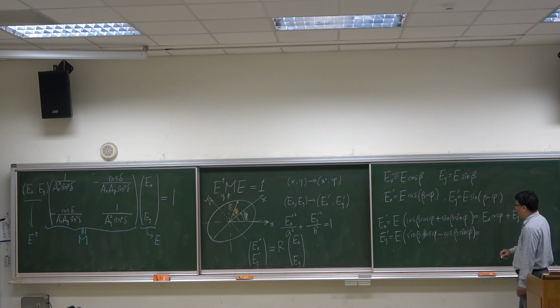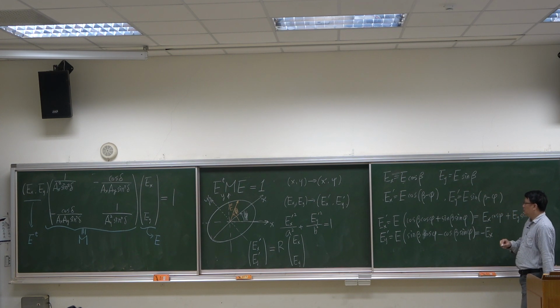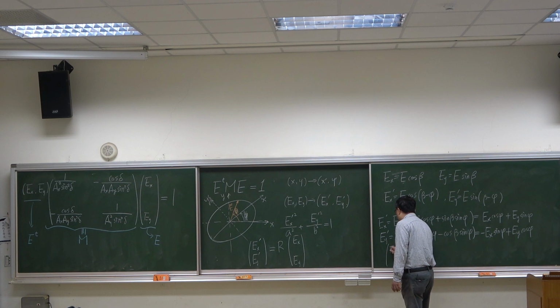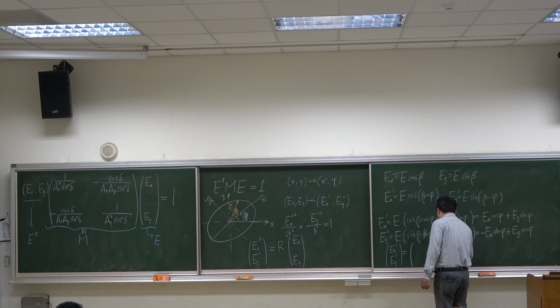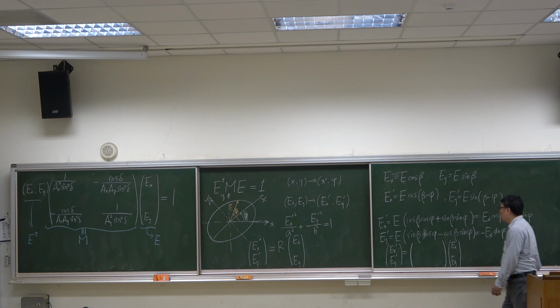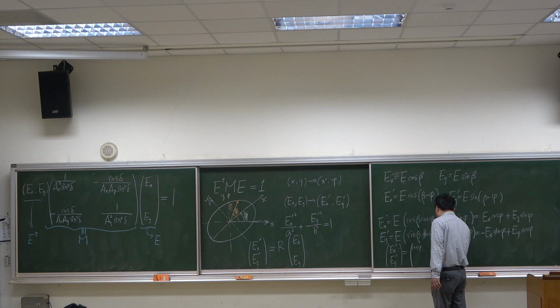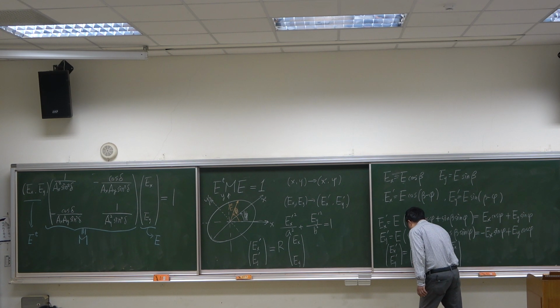which means that this times this minus Ex sine phi, this times this Ey cosine phi. Okay, so this can be written as Ex prime, Ey prime, and this matrix times Ex, Ey, which means that cosine phi, sine phi, minus sine phi,